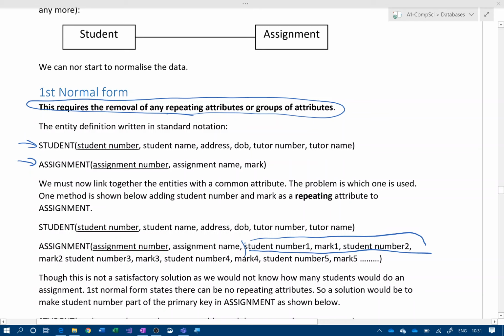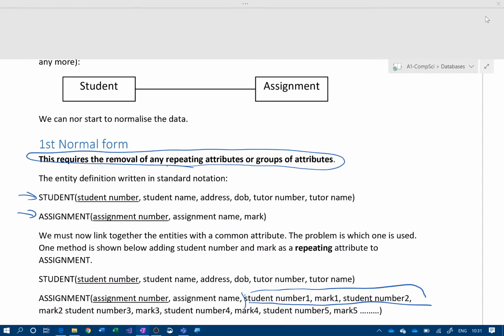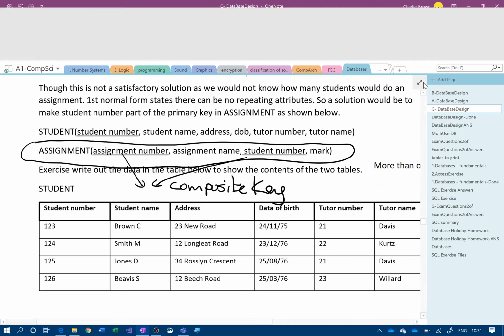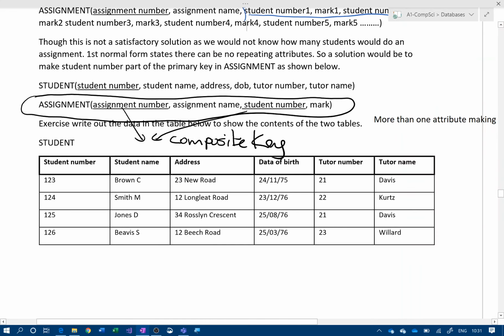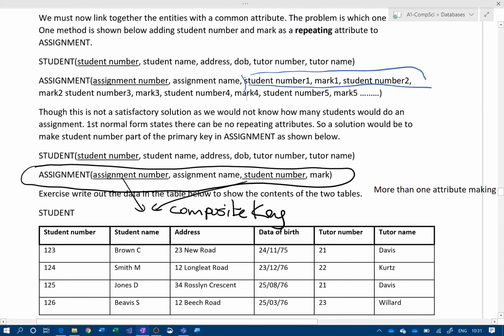Essentially, we just put this in to say we can't do it. So we don't want to do that. Don't do it. So one solution would be to do this: